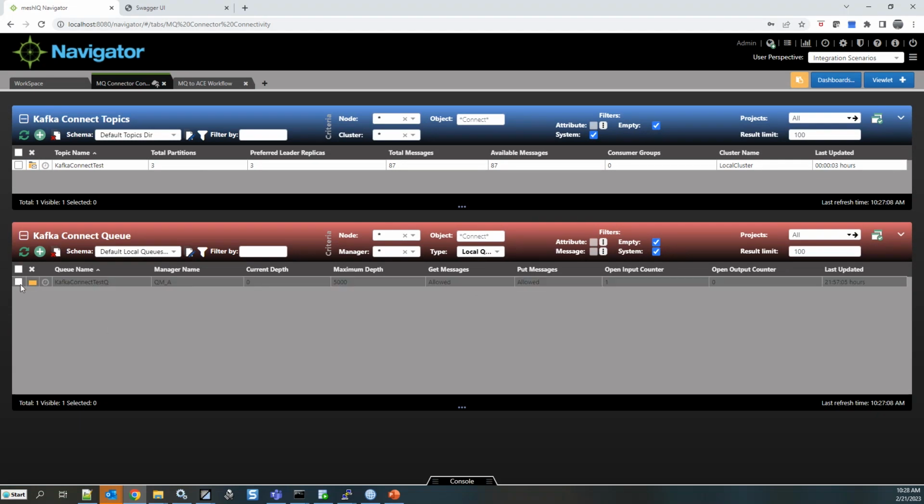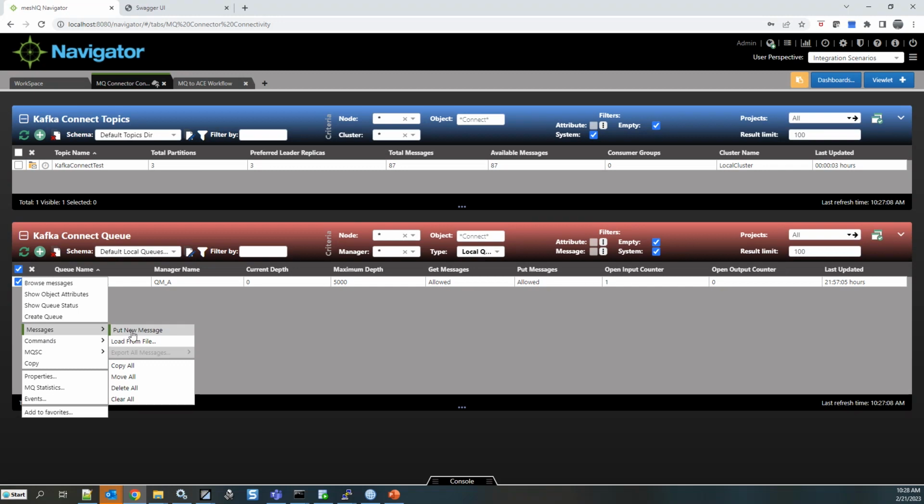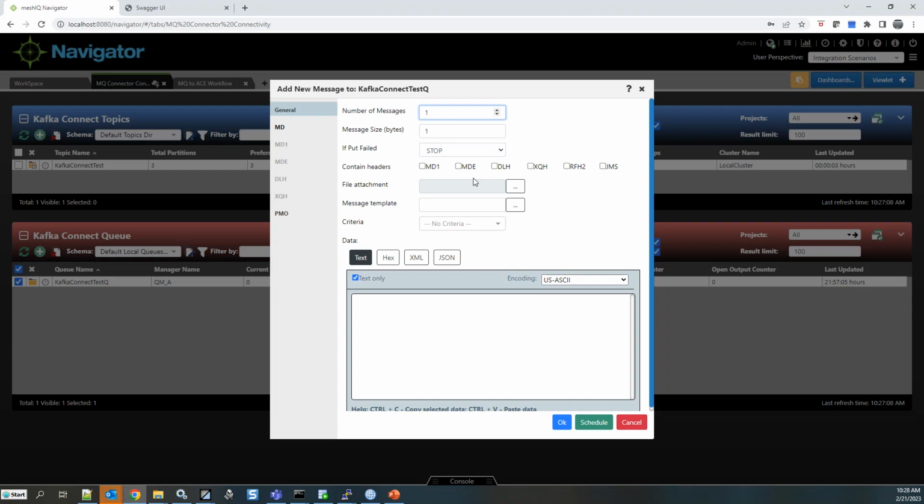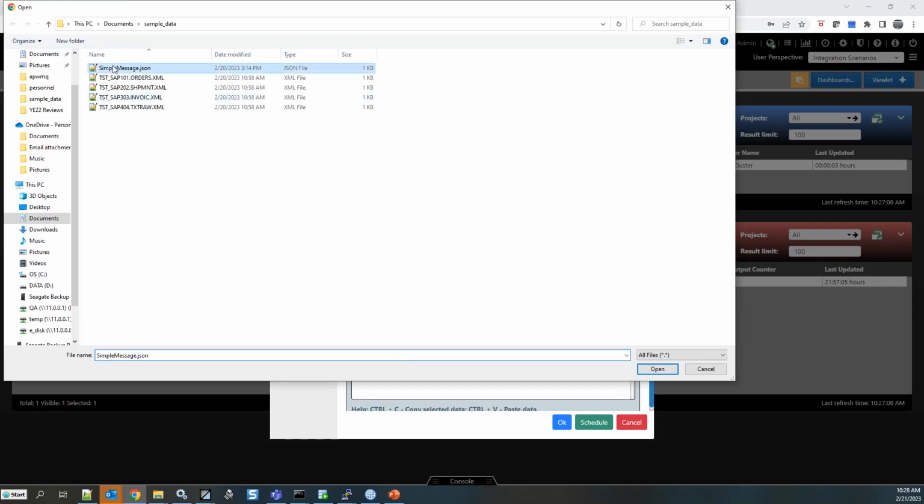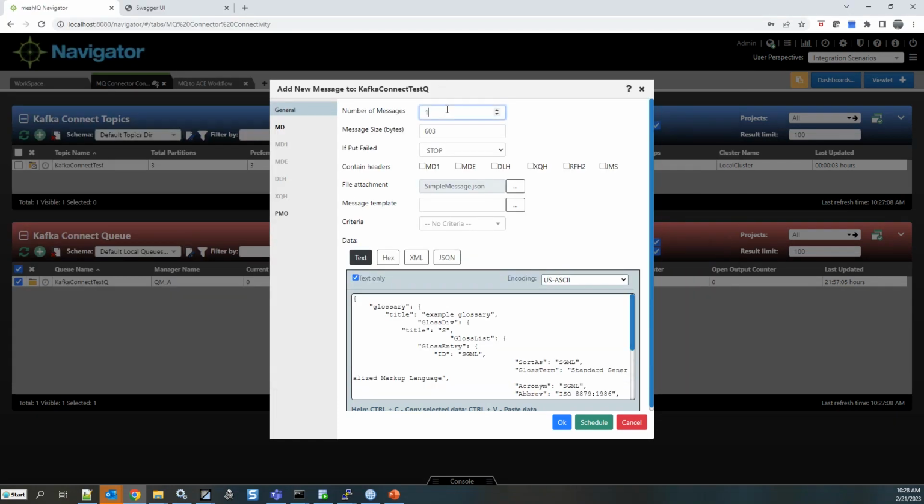So for fun, I could go ahead and put some test messages again. So I'll go ahead and we'll use that same scenario I did before. We'll use the JSON message. We'll put 10 messages out there.